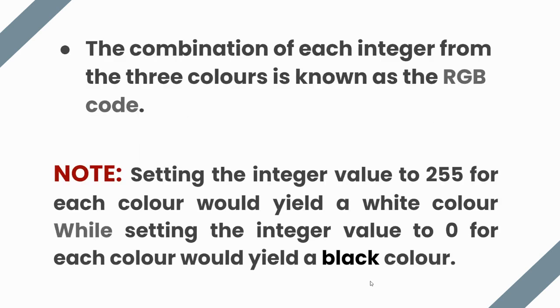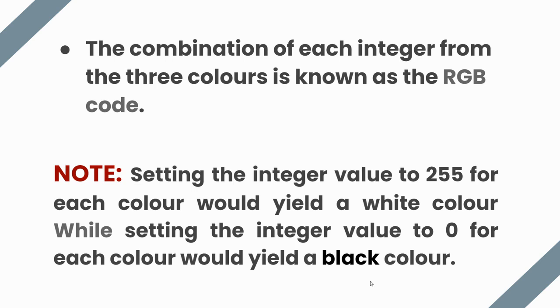So yeah, the combination of each integer from the three colors is known as the RGB code. When you get the integer values of the color you want to use, all three values together is known as the RGB code, and it's with that code that you can define a particular type of color you want. So a quick note: setting the integer value to 255 for each color would yield a